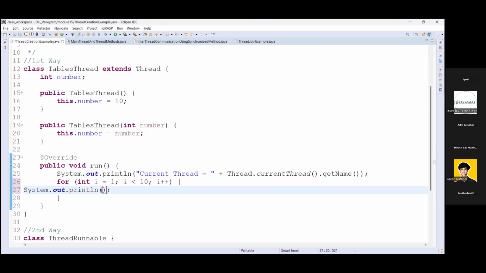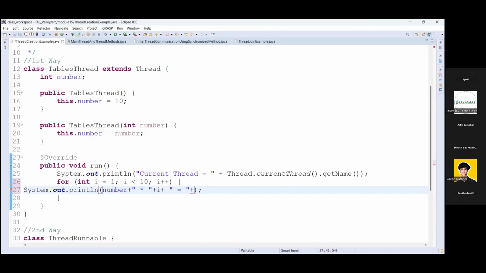Okay, sorry. So I'm displaying the I value plus multiplied by, I should be latter, I will use number multiplied by plus I and then equal to sign.